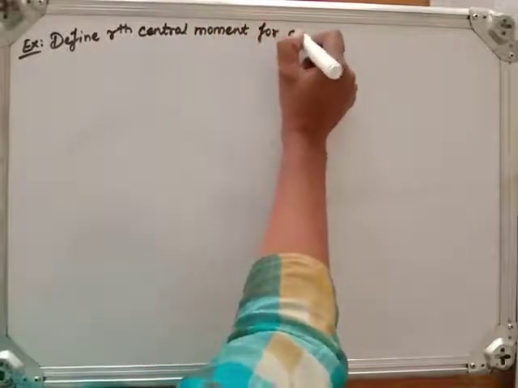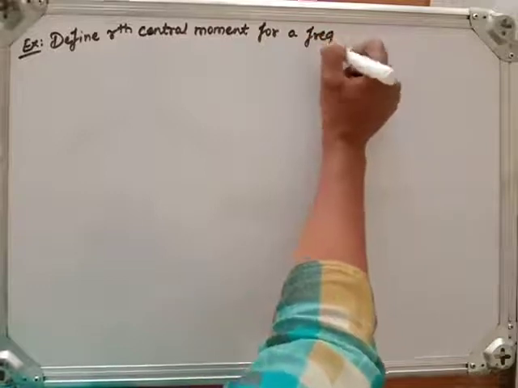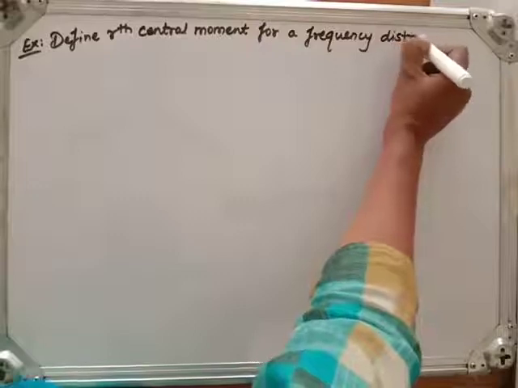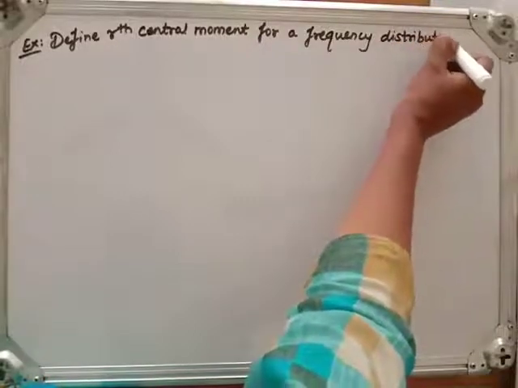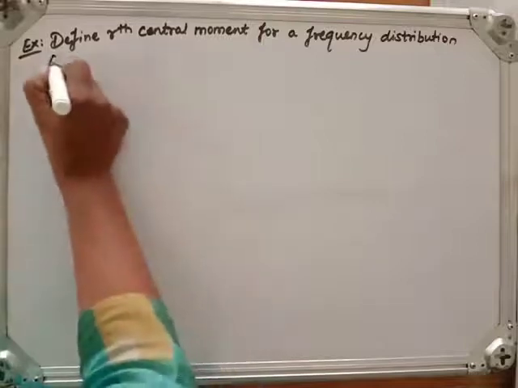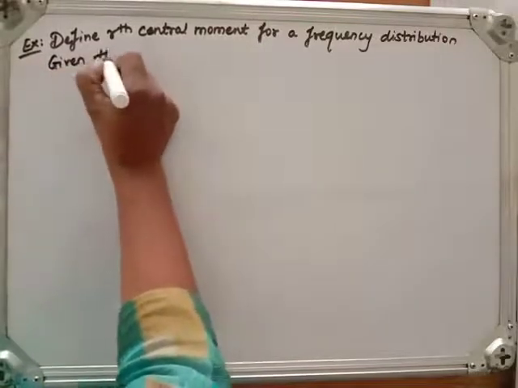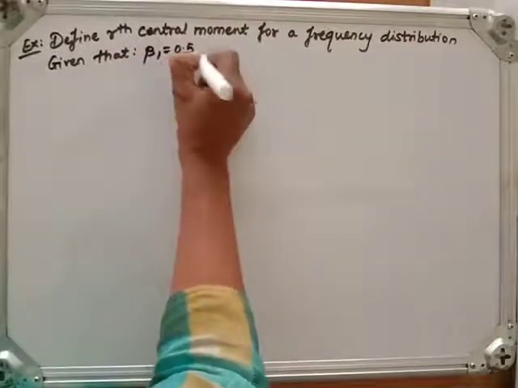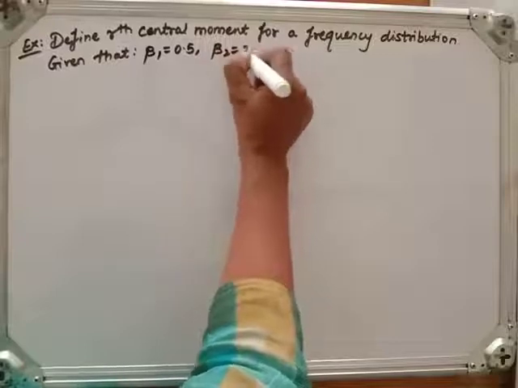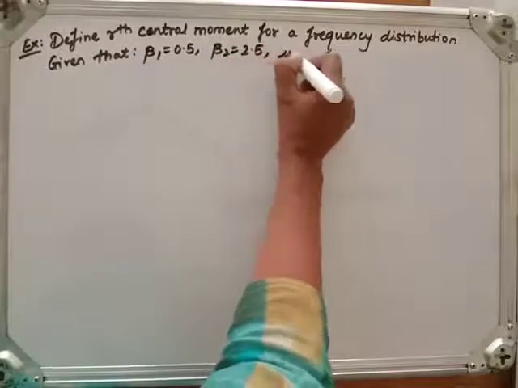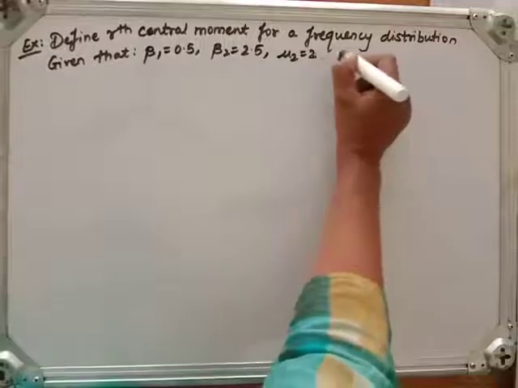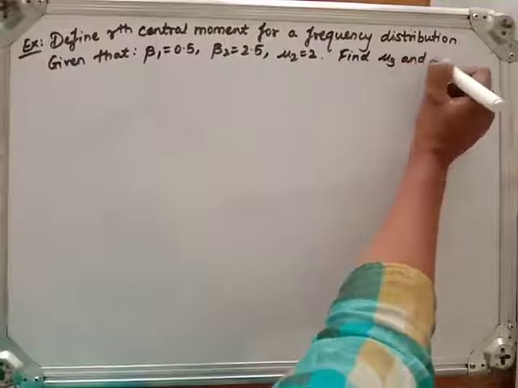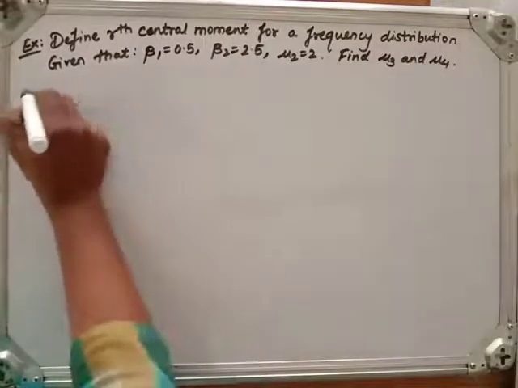For a frequency distribution, given that beta 1 is equal to 0.5, beta 2 is equal to 2.5, mu 2 is equal to 2, find mu 3 and mu 4. Solution: